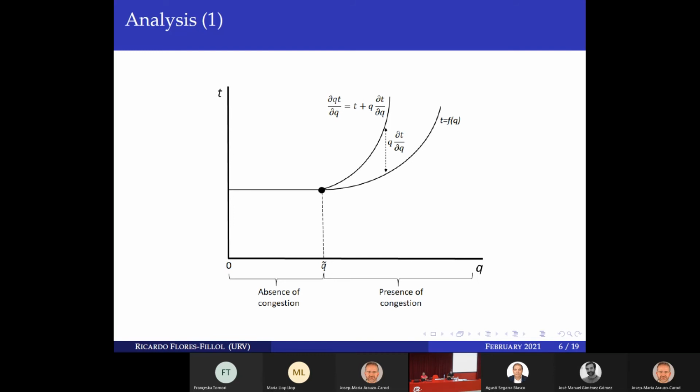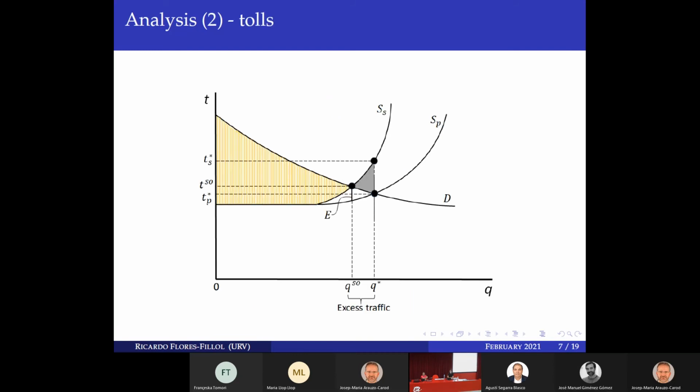Okay, so this is this figure. In the private equilibrium, which is Q star, this is what you have. You have the average cost, which is like the private supply. This is why we have SP here, relabeled as the function SP. The average cost is the private supply. And then SS is the social supply, which is the marginal social cost.